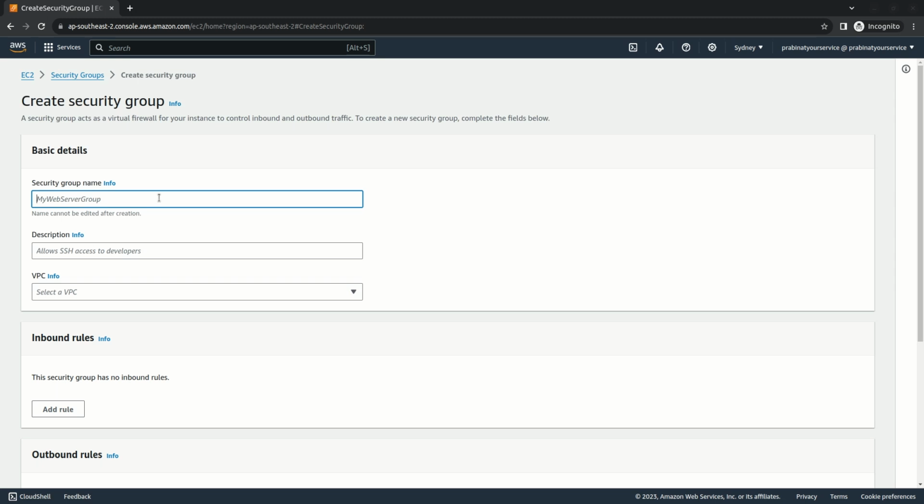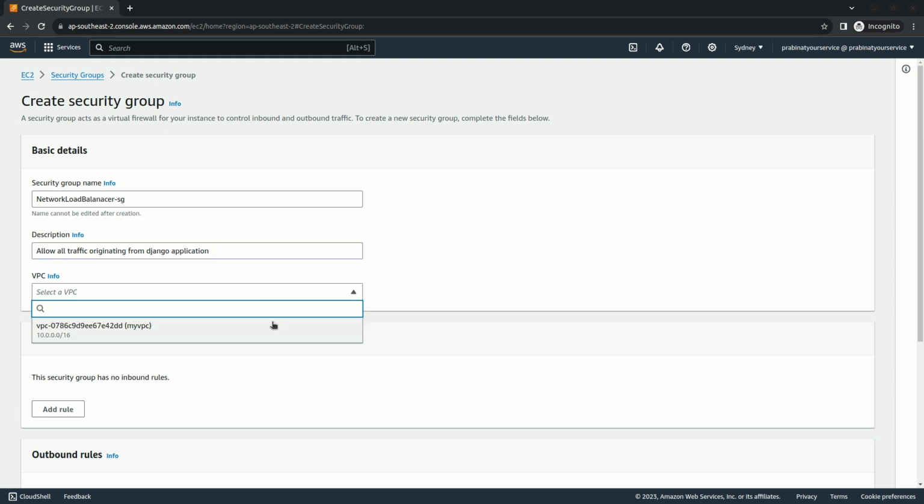We want a very descriptive name for our network load balancer, so let's say network load balancer security group. That tells us that it is for the network load balancer. And let's describe the function: allow all traffic originating from the Django application. We can select the VPC